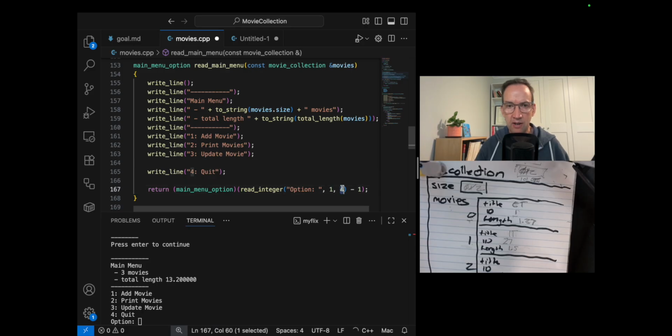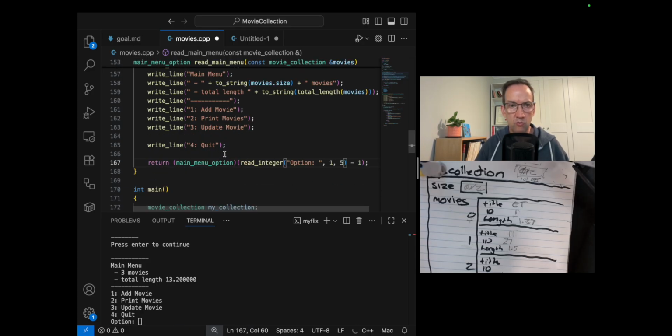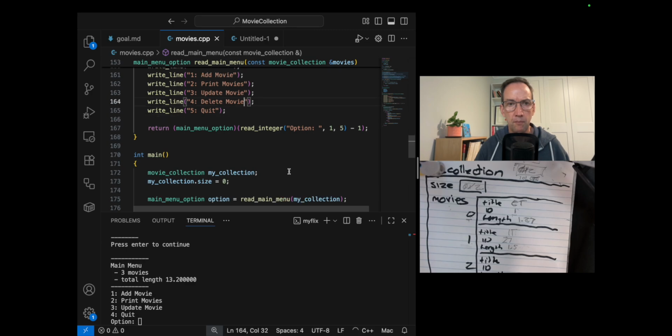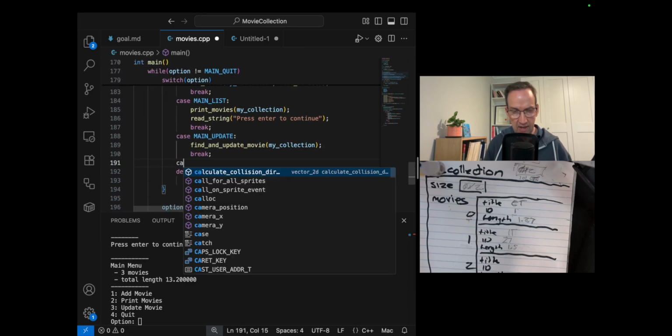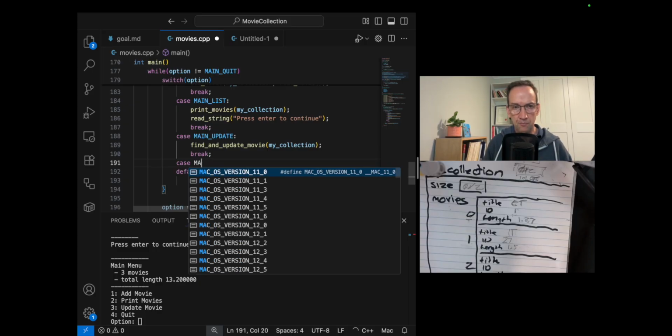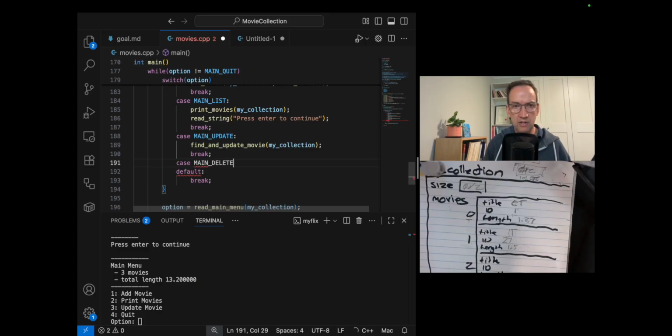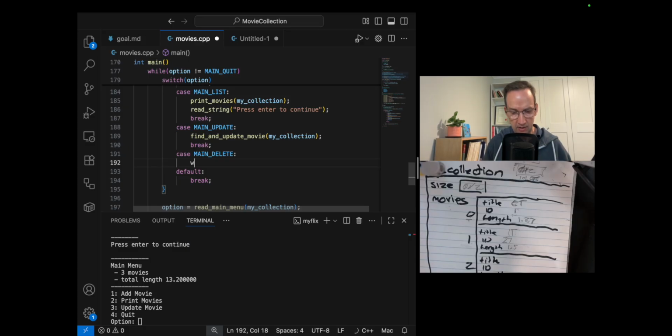I would update how many values we're going to read from here. And so 5 would be quit. 4 could be delete. And so if we come in here now, I could now very simply add in that new delete option. So I could do main delete here, and